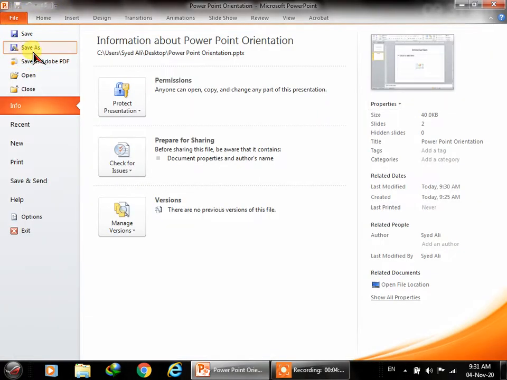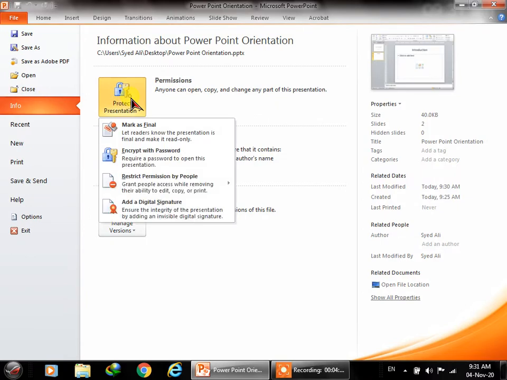But let's go over here. You can use Save As if you want to save with another name, or save as a PDF file. You can open, close, and this is the information section. This section is really very important. If you want your presentations not to be opened by someone, you can add a password to these files. It is similar in Microsoft Excel, in Microsoft Word, and in Microsoft PowerPoint. All these menus that we discussed are the same in these three software programs.